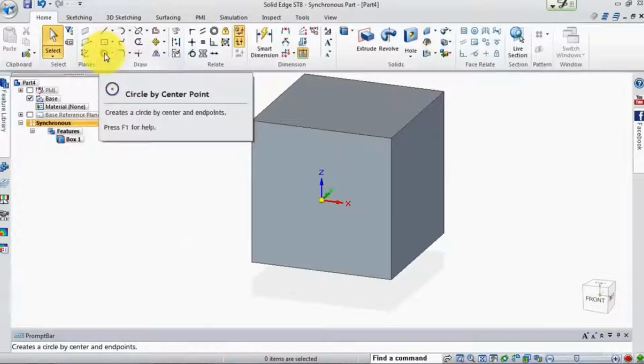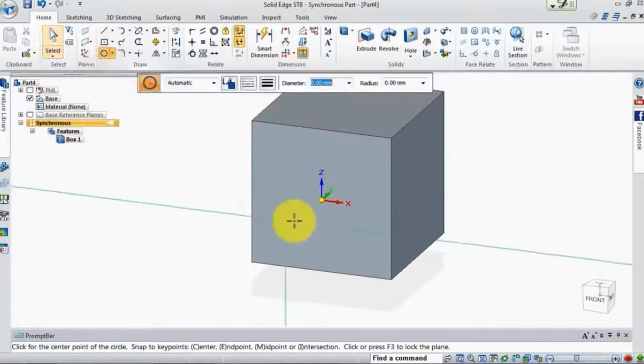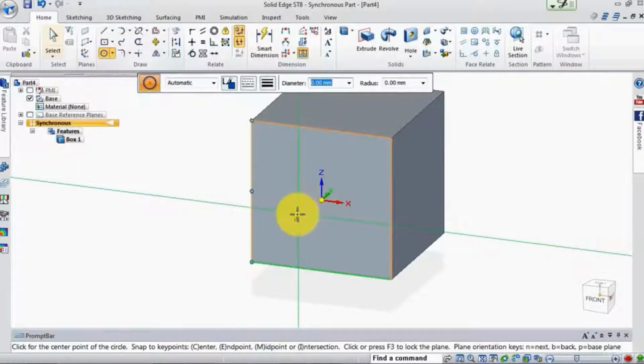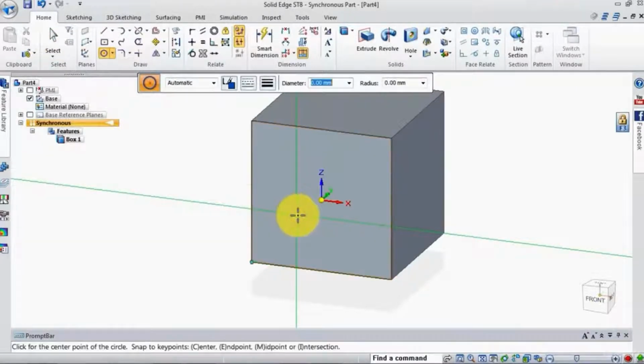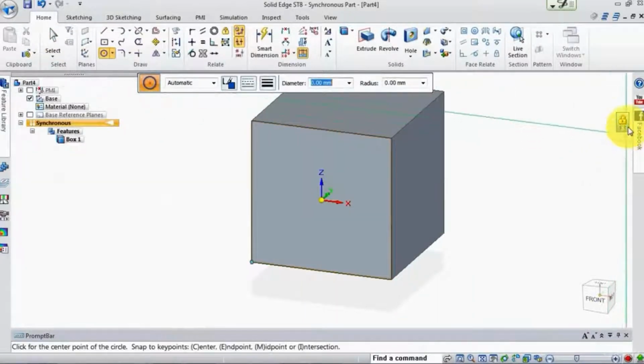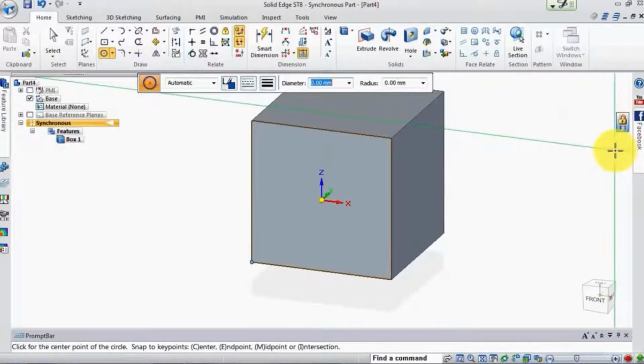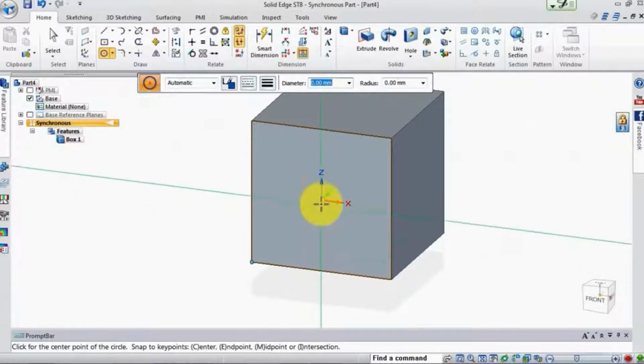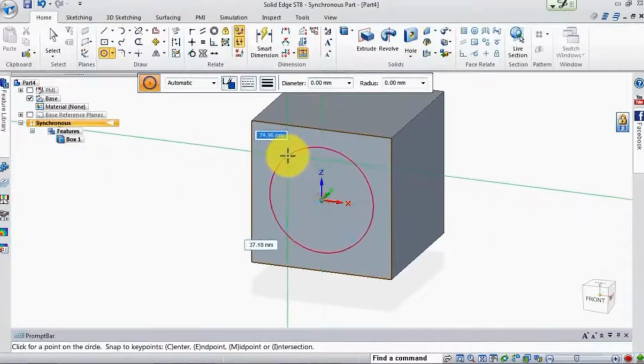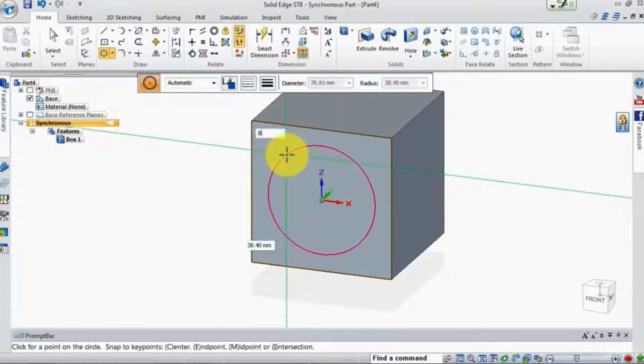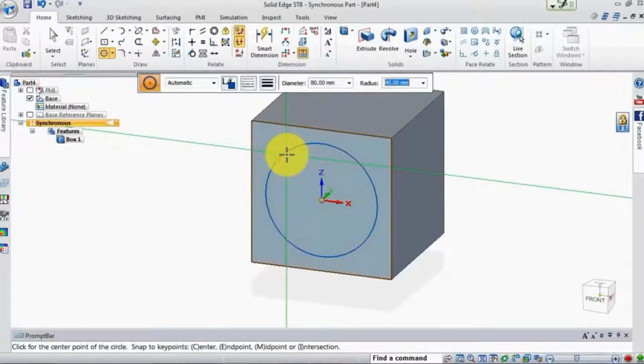just going to go to the circle, let's do a circle on this one, and on this face I want to lock, remember the lock? We click on the lock, how do we know we're locked to that face? It shows us over here, it shows us the lock. Now we could just draw the circle right here in 3D, and I want this to be 80, 80, enter,